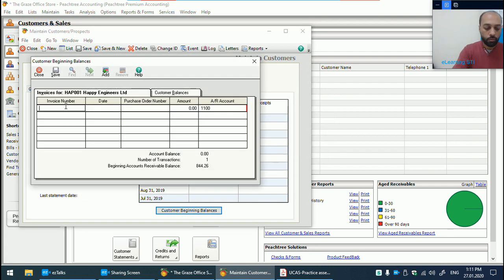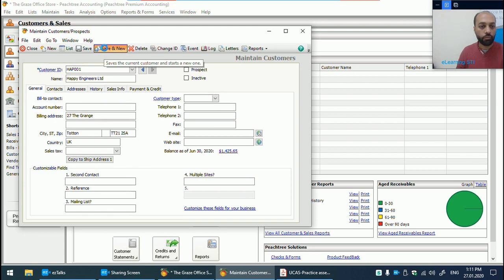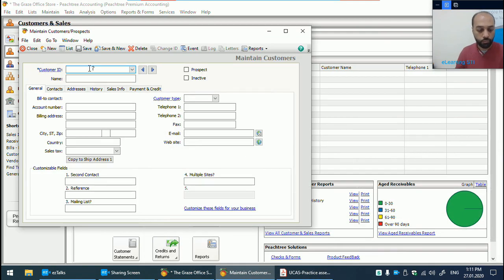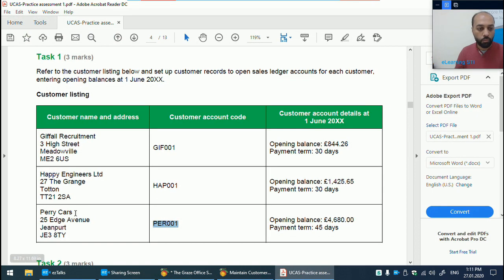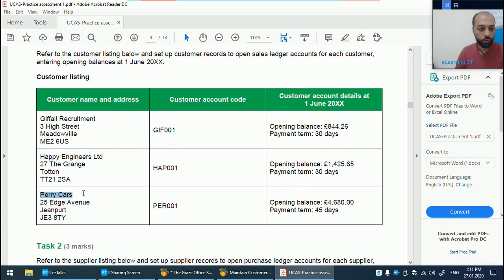Yes. Right click. Close. So for general registration, the last one from the customers will be very cars. The address is